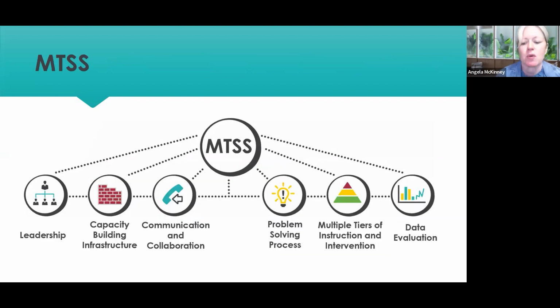All right, so let's go back to our domains, and we're just, again, going to take a surface level look into each of these so that you know a little bit about them. We're going to start with leadership, because leadership is a really important piece. We know that it has to start with that building leader. And oftentimes it's starting at the district level with some district leadership saying, this is what we are going to do as a system. But it has to be a top-down procedure because there are so many things dependent on the decisions that are made and the resource allocations that come from that leadership level.